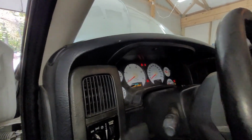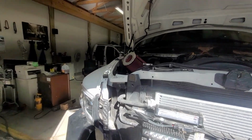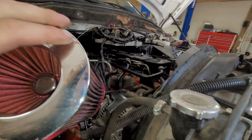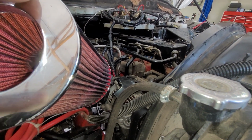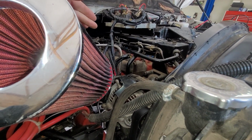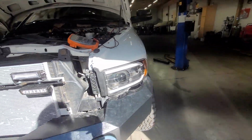Now, even without the instrument cluster working, it still should be charging. Most of the time, the external voltage regulator is the simplest option for this setup. So I'm going to start looking into that, making sure that the alternator was actually wired correctly. I'm going to flip the wires around real quick and see if that fixes them,